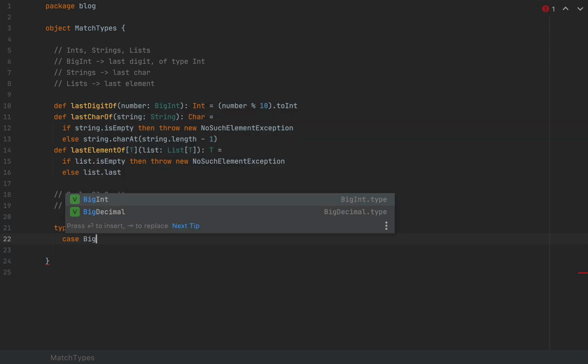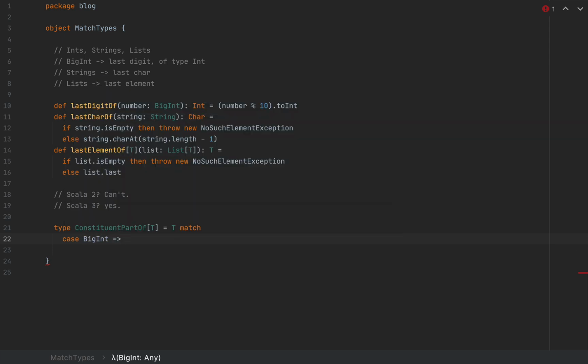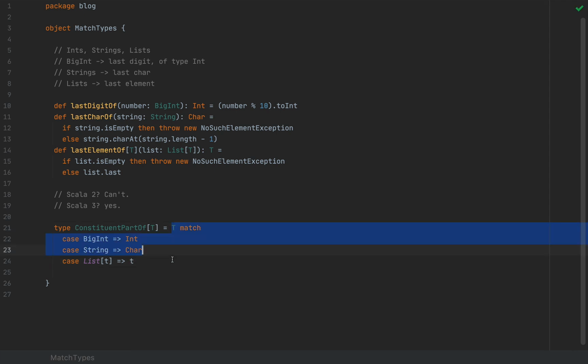In case I get a BigInt, the constituent part of a BigInt is an Int. In case I get a String, I'm going to return a Char. And in case I get a List of a variable type argument, small t, so look at this guy, I'm going to return that particular type. So notice that the small t is a type variable here, and this expression is not actually an expression, but a type-level reduction for the compiler,